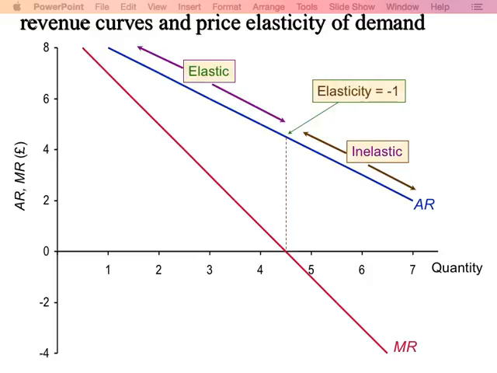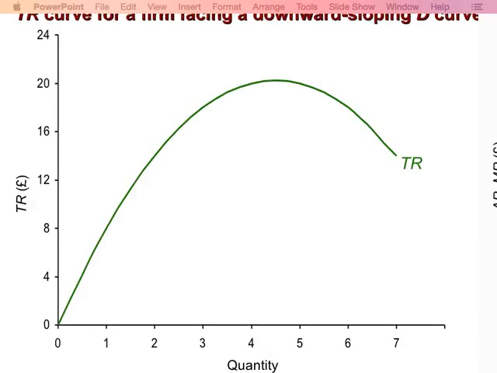Okay, so that's how we relate them to this marginal curve. It looks like revenues will be lower, or even negative, as we sell more and more. Now, in terms of the total revenue curve, unit elasticity is achieved at the maximum point. Beyond that point, the demand will be inelastic. Up to that point, demand will be elastic.